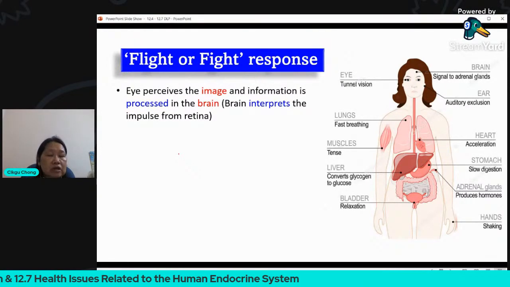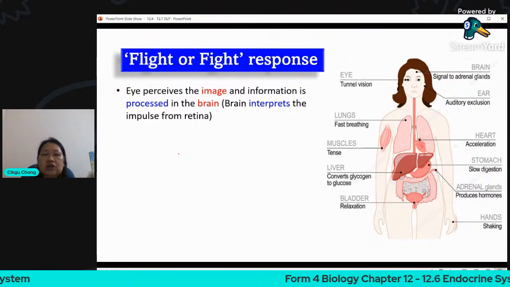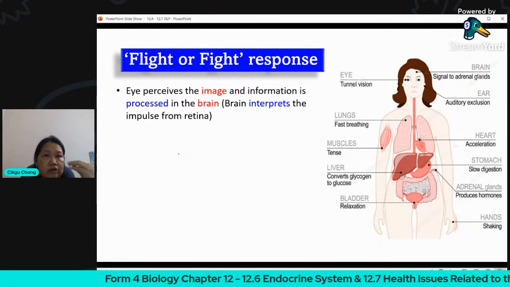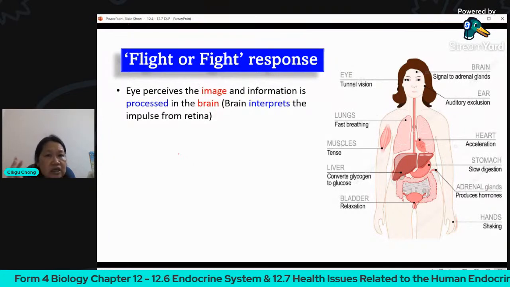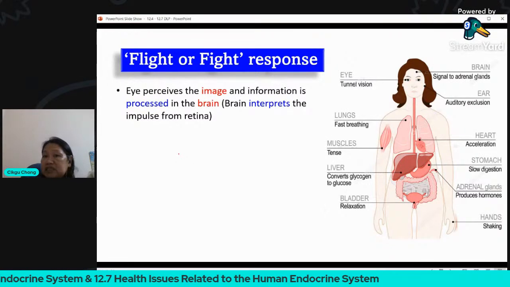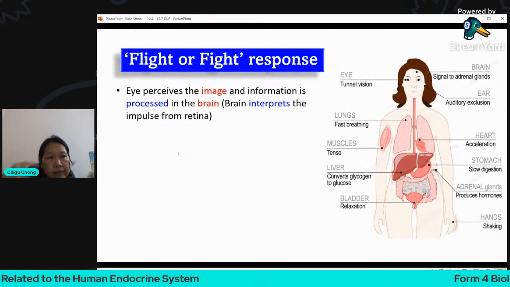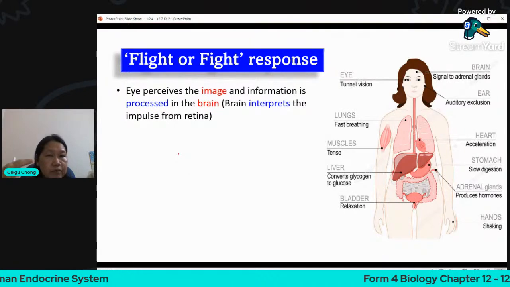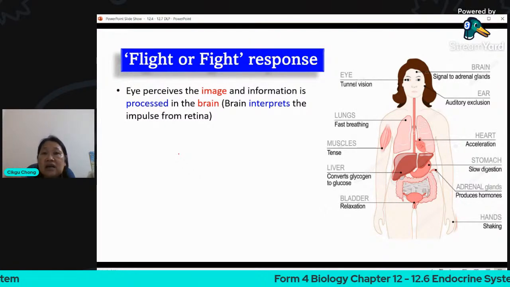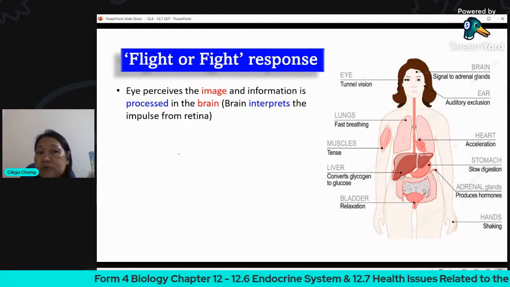So you need to talk about the nervous system because they both are involved. The nervous system is the first line. I perceive the image. So you see the danger, all right? The light enters your eye. The retina has photoreceptor cells. The image is produced, and then your optic nerve will send the message to the brain. This is the nervous system. And now your brain processes the information, and your brain recognizes this is an emergency situation. This is danger. Your brain will interpret the message.